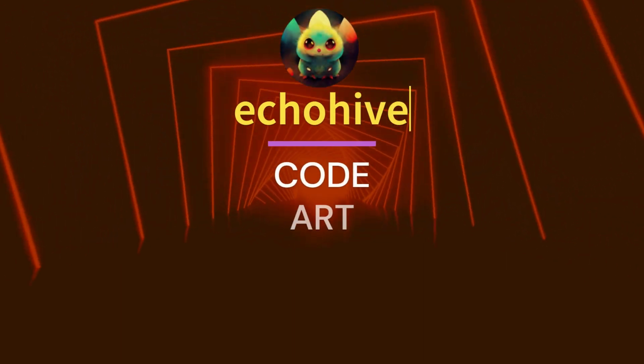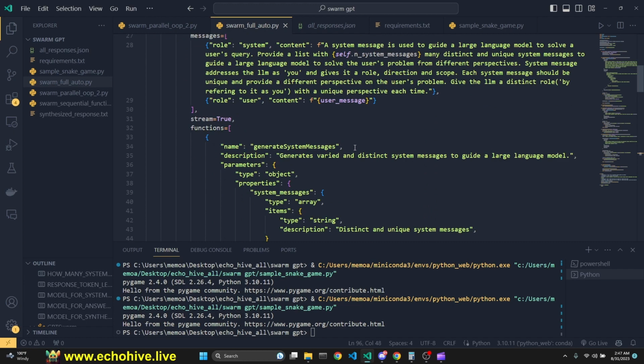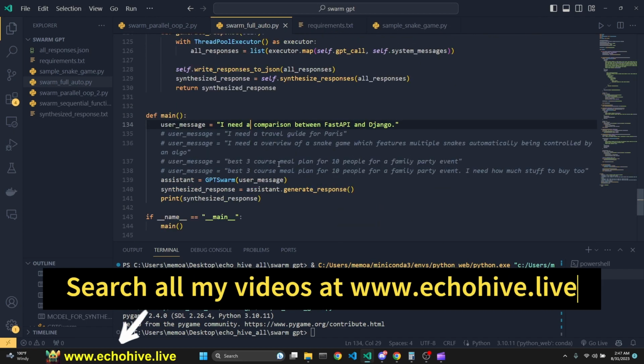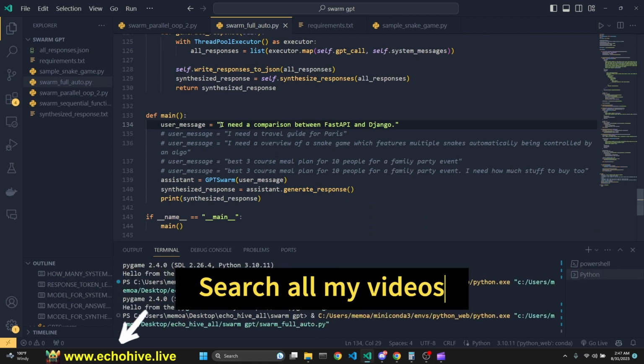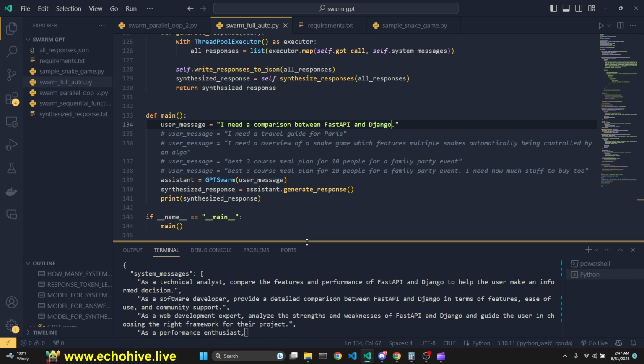Today we are going to take a look at a prototype of a swarm-like intelligence. I wanted to keep this simple so we can wrap our heads around how swarm systems may work. Let's start with a demonstration. We're going to ask the system, I need a comparison between Fast API and Django, and the system will automatically